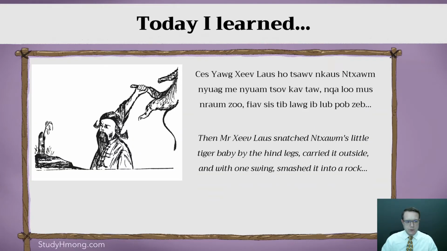Now, going back to that word fia. Again, whereas via via can mean to swing back and forth more specifically, fia can be used as a lot of things. So I thought this was an interesting example in a folk tale. It's a bit longer, so I would like to go over it bit by bit. So I'll just read it in Hmong first.